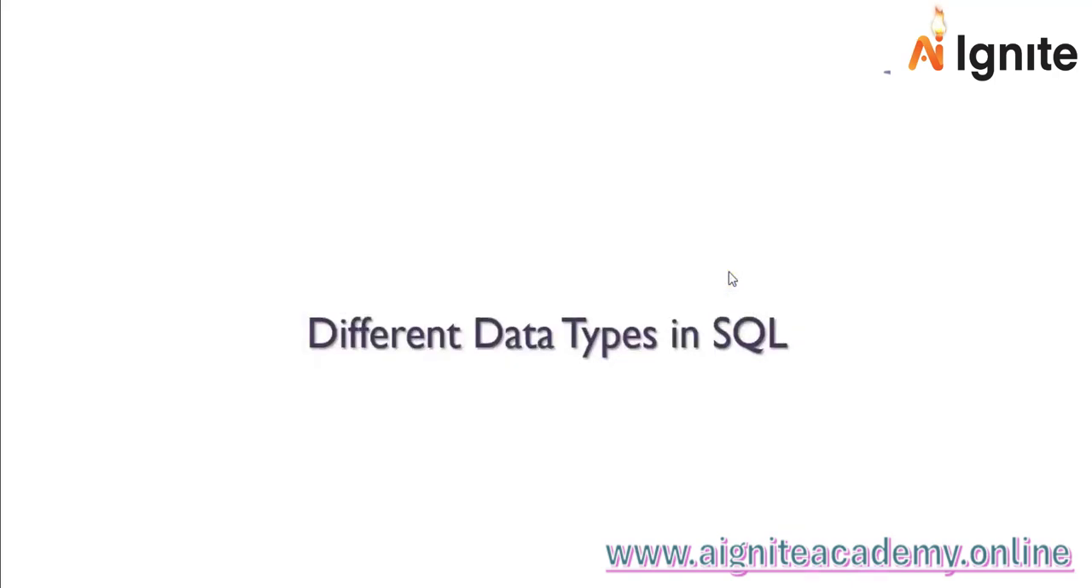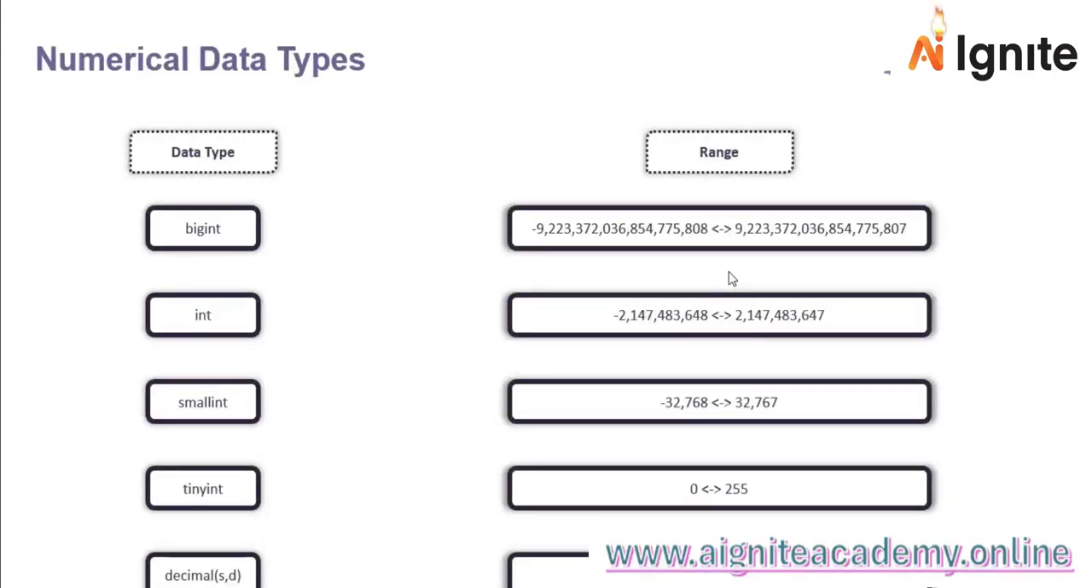Now that we've understood what exactly data types are, let's have a look at the different data types available in SQL. Let's start with the numerical data types. So we have the bigint data type, which helps us to store really big values. So you can see the range of bigint over here. Then we have the int data type, which helps us to store reasonably big values. After that, we have the smallint data type, and the range of smallint is from minus